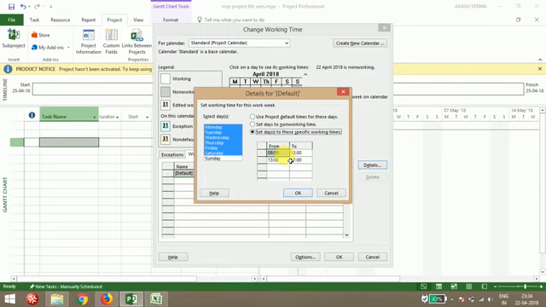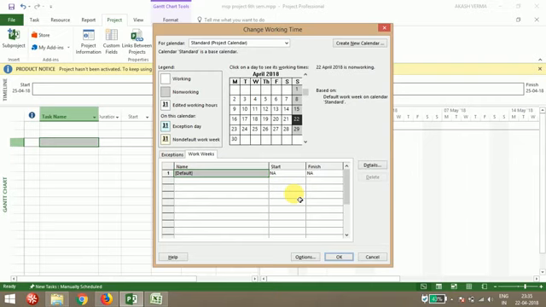Just like that you can fill in whatever you want. You can give your start working time like 8 o'clock or 9 o'clock, whatever. I'm simply giving 8 as the working time. So just okay. Now go to the exceptions.